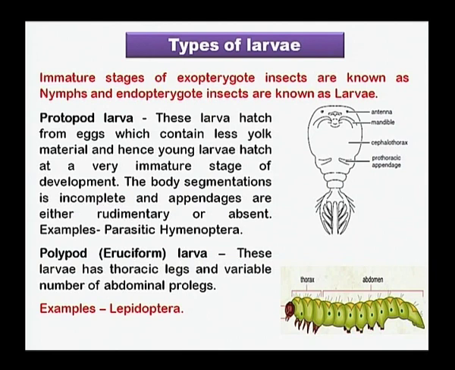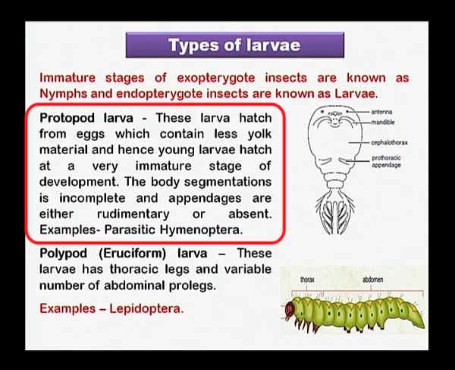Now, there are many types of larvae which are common in case of insects. They include first protopod larvae or protopod larva. These larvae hatch from eggs which contain very little yolk material or food material, hence they hatch at a very early stage of their development. The body segmentation is incomplete and the appendages are either rudimentary, it means they are absent,